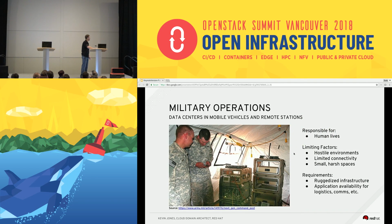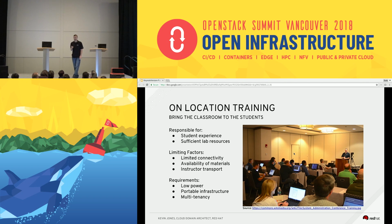There is one that I forgot about. This is actually a Red Hat use case as well. There are many people that send out on-location training. The way Red Hat does this today is we ship 1 to 4 Pelican cases full of laptops. Those laptops are obsolete almost the day we buy them. They're always under-resourced. The instructor has to arrive probably 2 days in advance